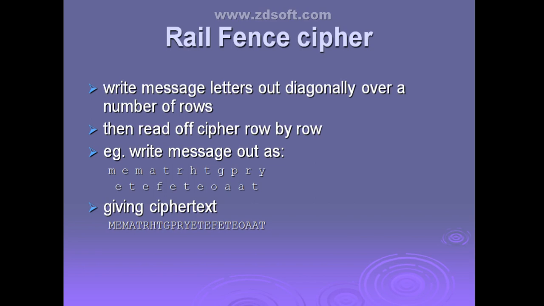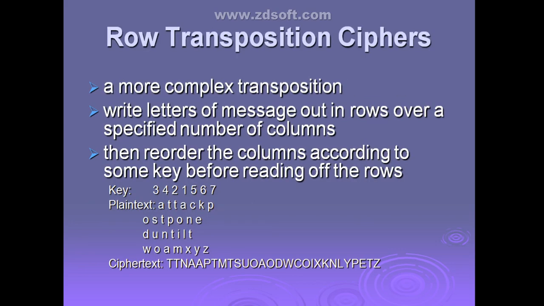Now see the two results we have got by changing the number of rows. Here the number of rows we have considered as 2. For this, see, it is ending with the character T, but here it is ending with the character R. By seeing that we can conclude that, according to the number of rows, it is going to produce a different ciphertext. Same ciphertext we are not getting. That depends upon the depth, right? Correct.